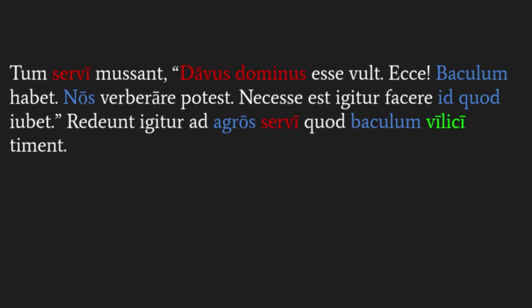Velici here is genitive. And again, if you thought maybe it was the subject, you'd be saying the overseers, which doesn't really make sense because there's only one, Davus. But two, you'd be saying the overseers fear the stick. It just doesn't make sense. Why would an overseer be afraid of a stick? They're the one holding the club, right? So there's a couple different clues here telling you that this has to be genitive. So they're afraid, timet, or they fear the club of the overseer. Right, velici, genitive, of the overseer. That's the club that Davus was holding.